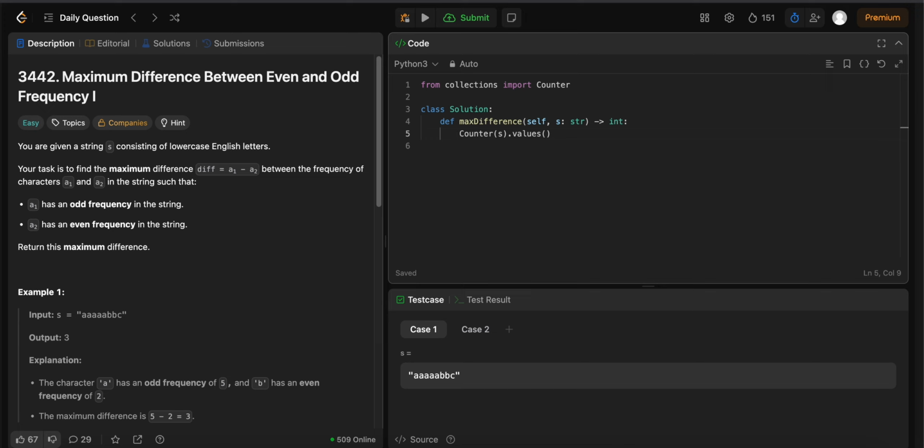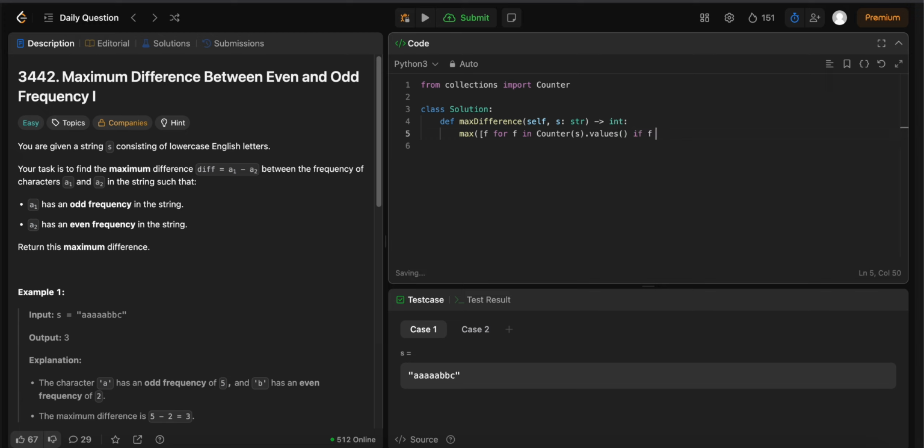I can do this question in one line actually. So we get all the values, and then we do something: so the max, I guess, of frequency for frequency in the counter's values,